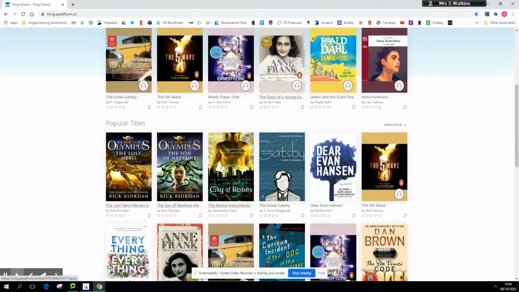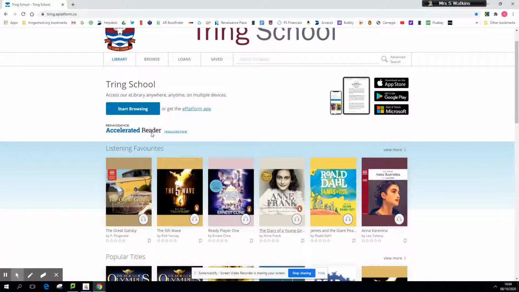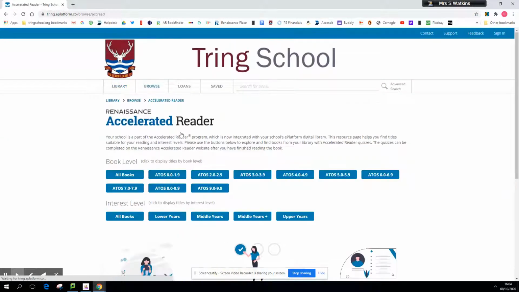Now, if you've taken an accelerated reader test, then you will have a ZPD level, and you can search for accelerated reader titles here. For example, if you have a ZPD level of 3.2 to 4.7, you've got the option to search here in this box, the 3.0 to 3.9, or the 4.0 to 4.9. So if we click on this one,